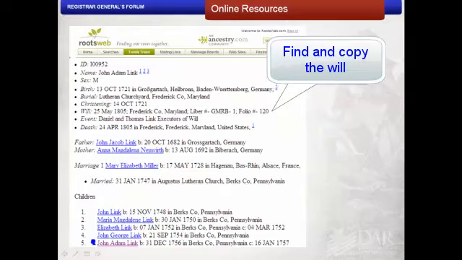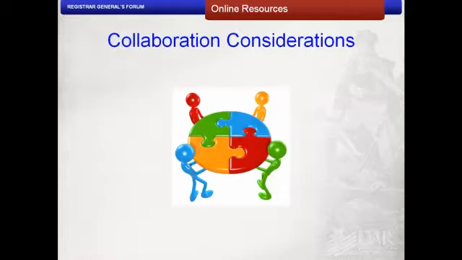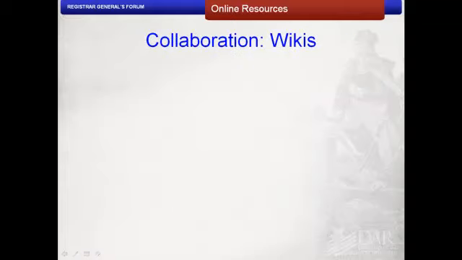Another clue is the complete citation for a will in Frederick County, Maryland. With this information, you should be able to track down the will and obtain a copy. In fact, we already found this exact will on the internet in the previous section about locating original Maryland wills on FamilySearch. Wikis have become very powerful and helpful.